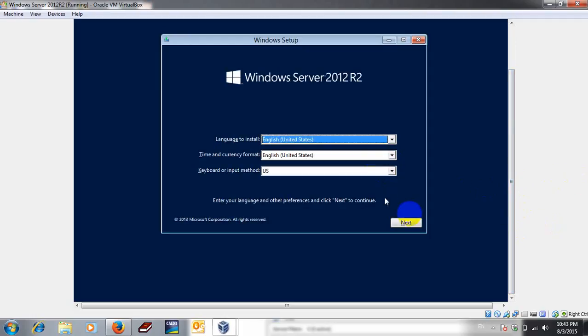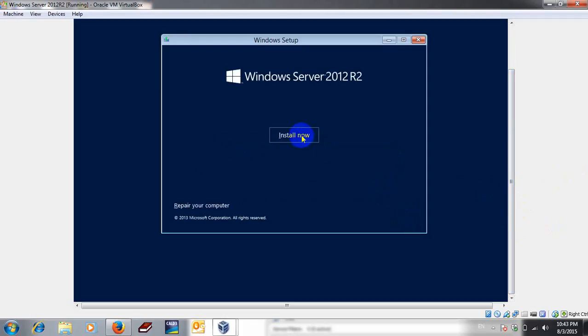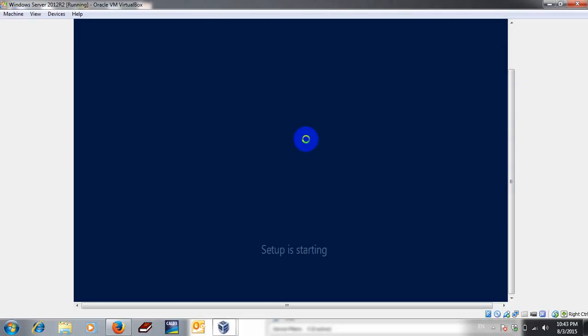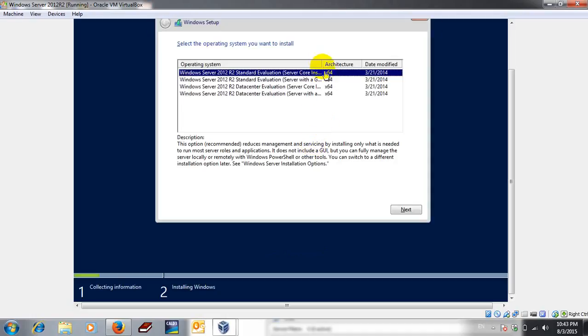Language for Windows. Okay, click next. Install. Choose the kind of Windows Server.